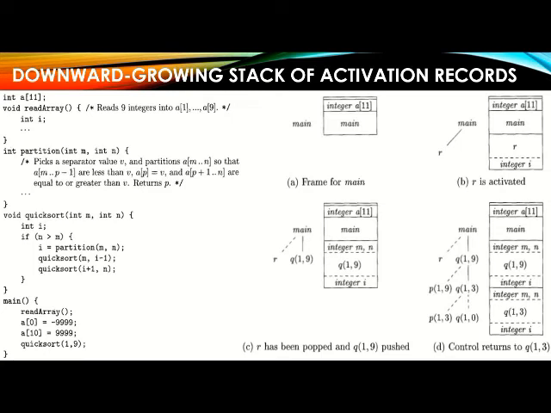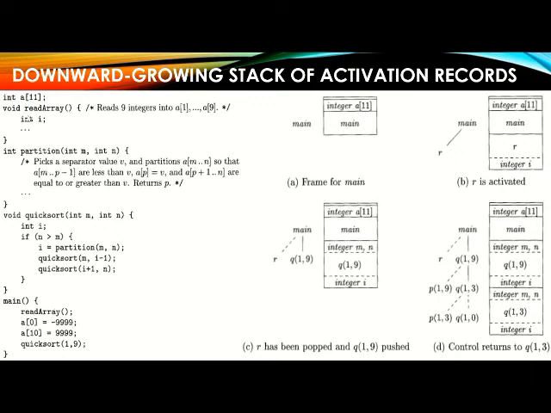Now we consider an example of how we can perform this stack space allocation for procedures in a downward-growing approach. Here is a program, and the stack memory allocation related to this program can be explained here. Whenever we use the main function, the main function's activation record is this one. Initially we create the memory allocation for int a[11]. This is the memory allocation for a[11], and then we invoke main and start the main function. This is the frame, the activation record, for the main function.